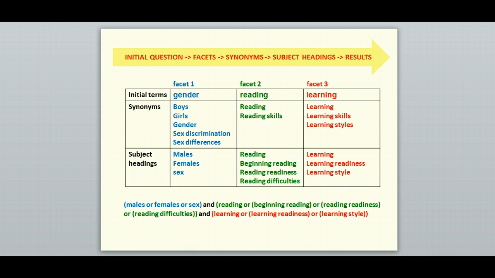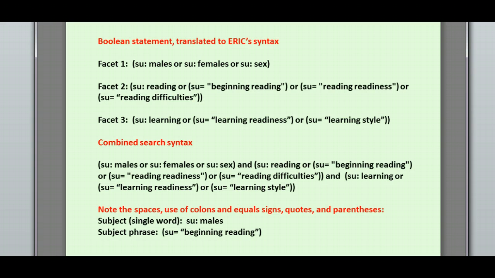Take a look here at the Facet 2 subject headings. Not only are there 4 subject headings, but there's 1 single word subject heading, reading, and 3 subject heading phrases. Translating that into ERIC speak means using the syntax. In this image, I've translated that entire Boolean statement directly into ERIC's own syntax. First, at the top, I'm showing you each individual facet. Then, in the next section, you can see the entire search statement under combined search